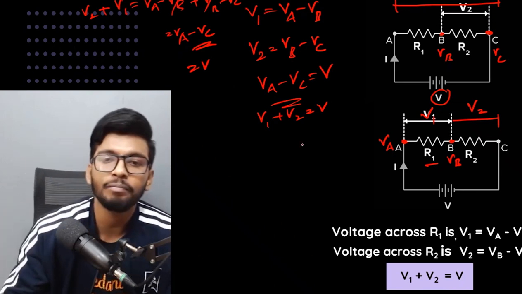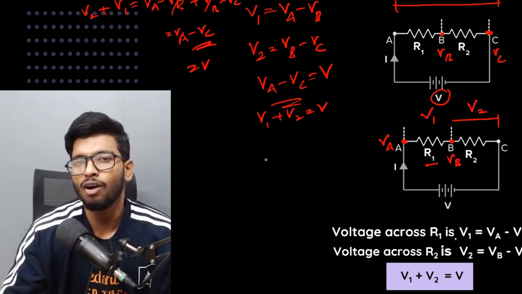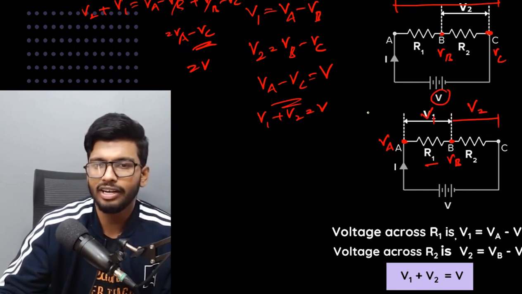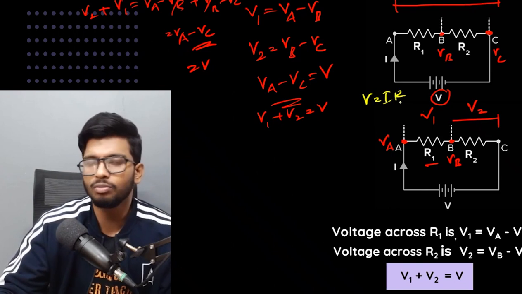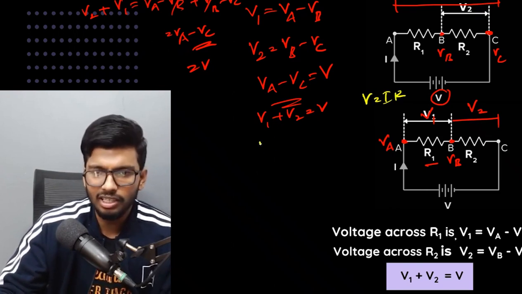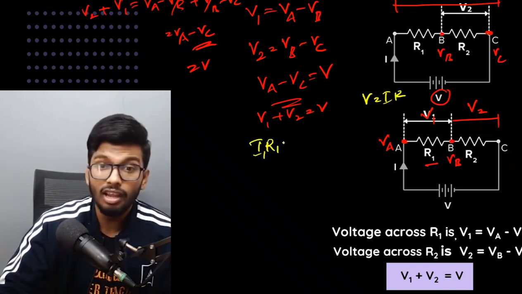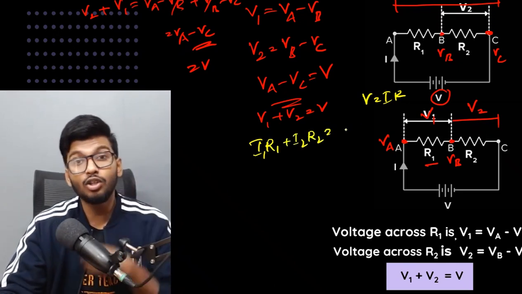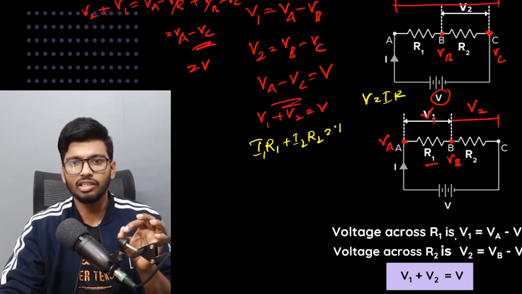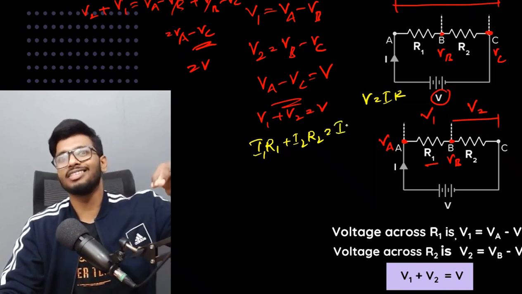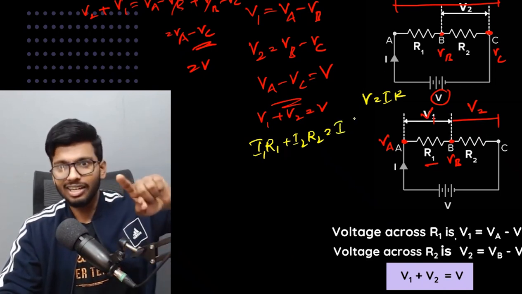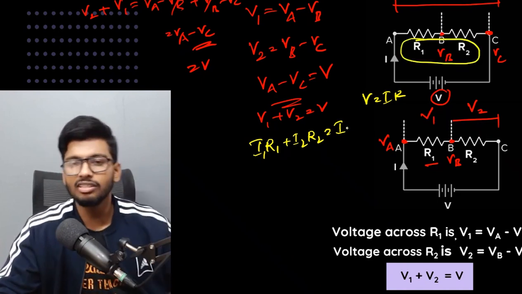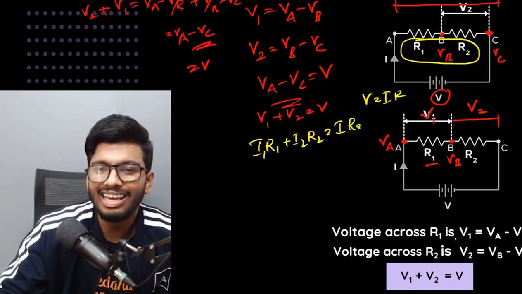So pay attention, right? Now what we're going to do, people, is apply Ohm's law. According to Ohm's law, we know that V is equal to IR. So here, people, V1 is nothing but I1 into R1, and V2 is nothing but I2 into R2. And V is nothing but the total current flowing through it, which is I, and the total resistance. So here the total resistance, both R1 and R2 together, we will call it R equivalent,